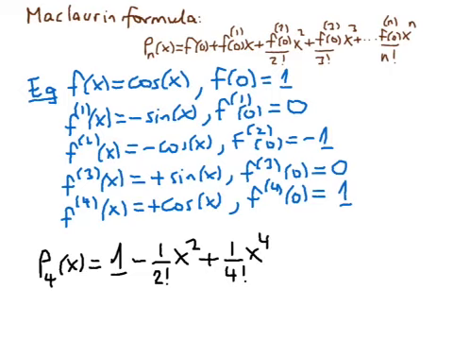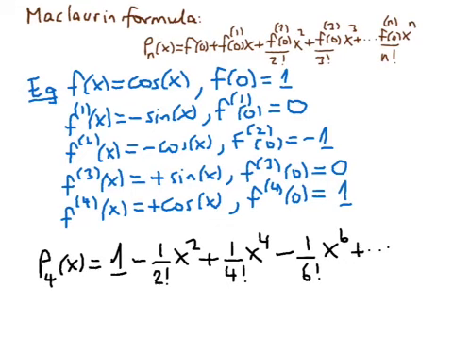And I'll write down the next term and leave it for you to calculate and to verify as an exercise, that you would get minus 1 over 6 factorial times x to the 6th, up to whichever order you're going on. So that's how to calculate this example, and I will make a comment on this example,